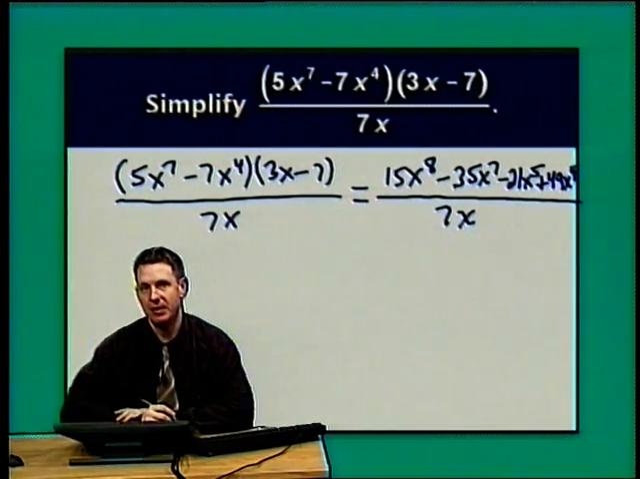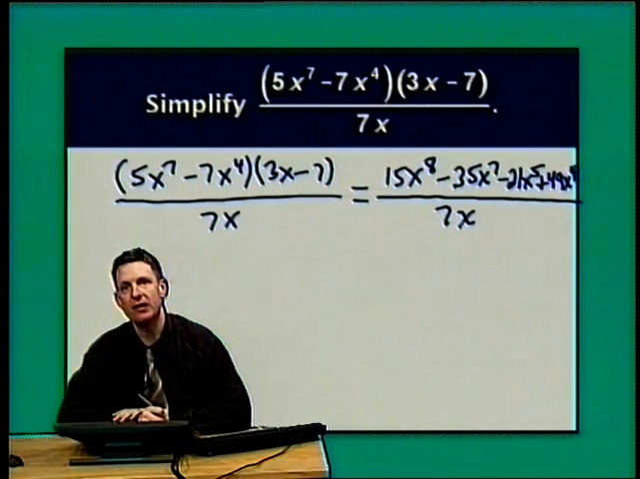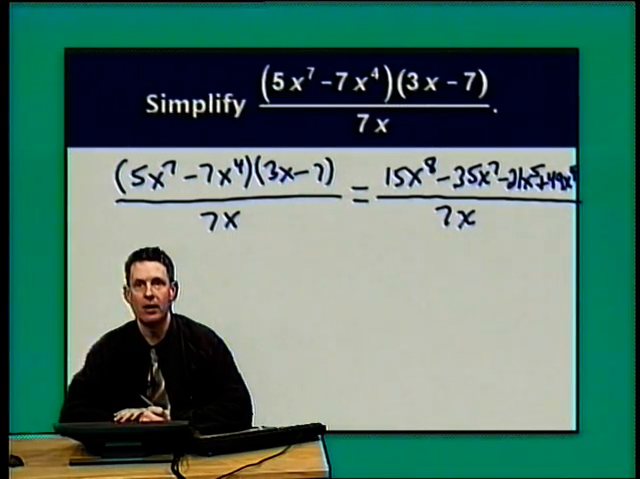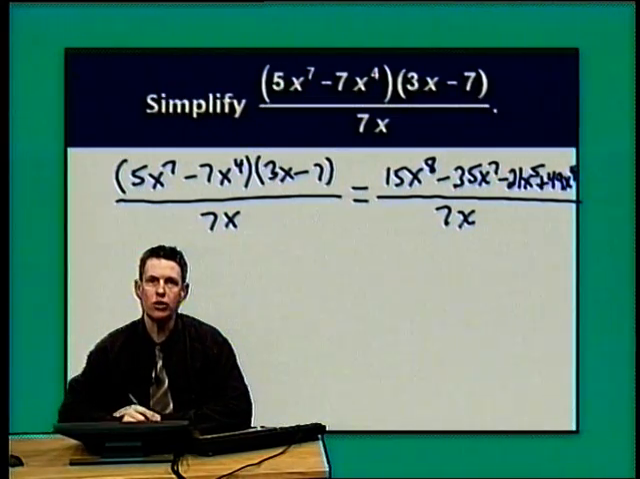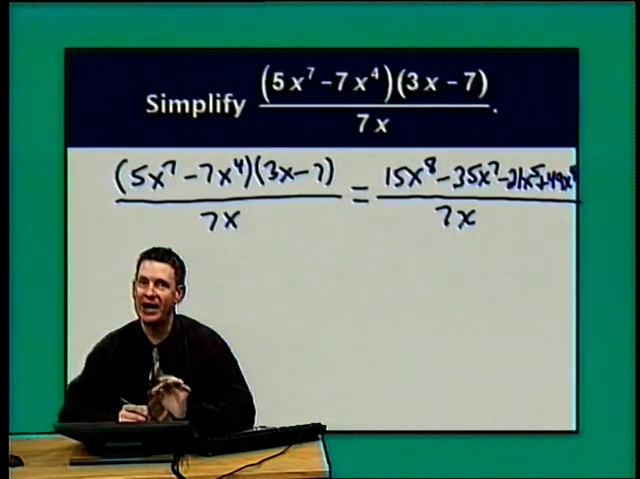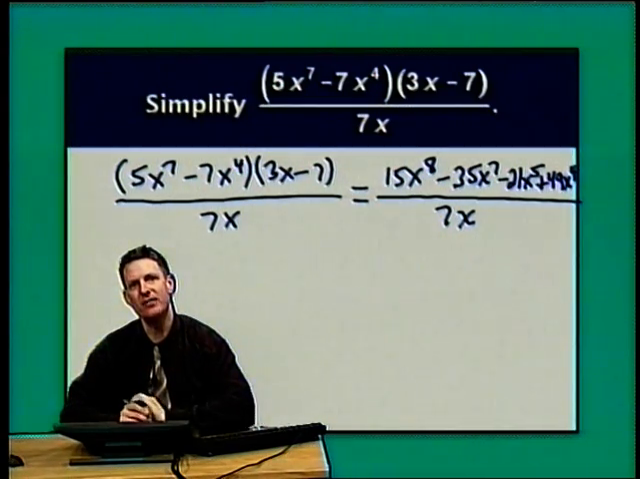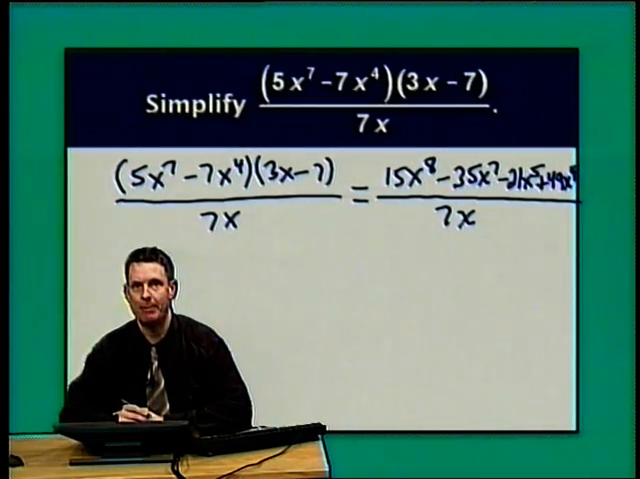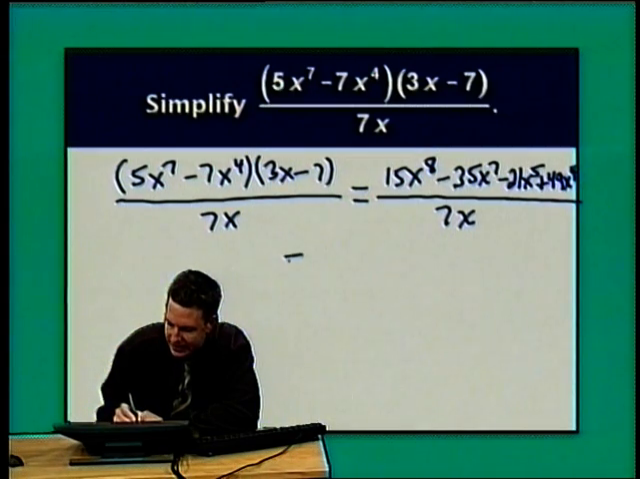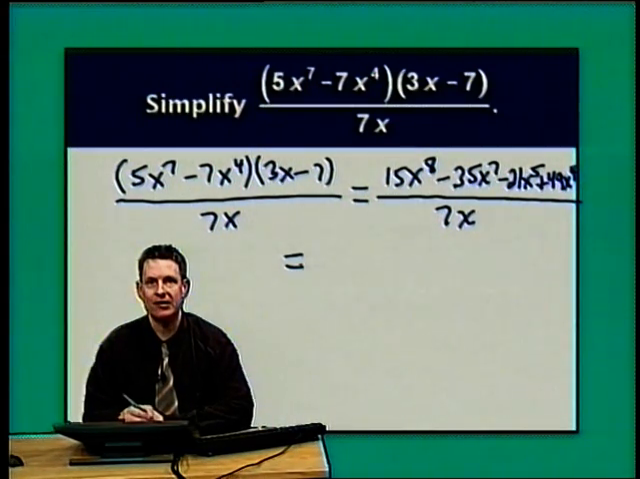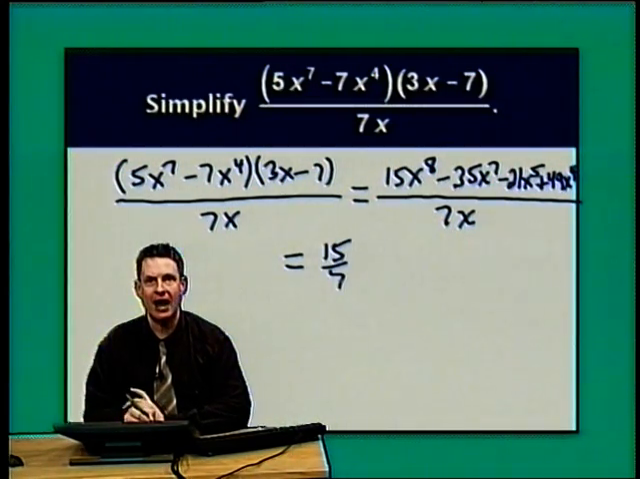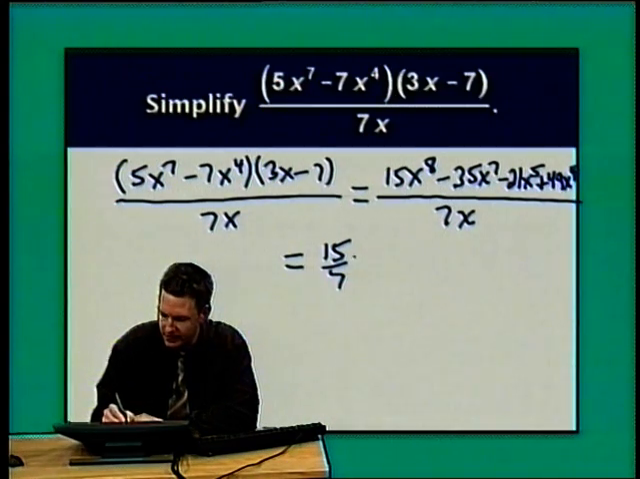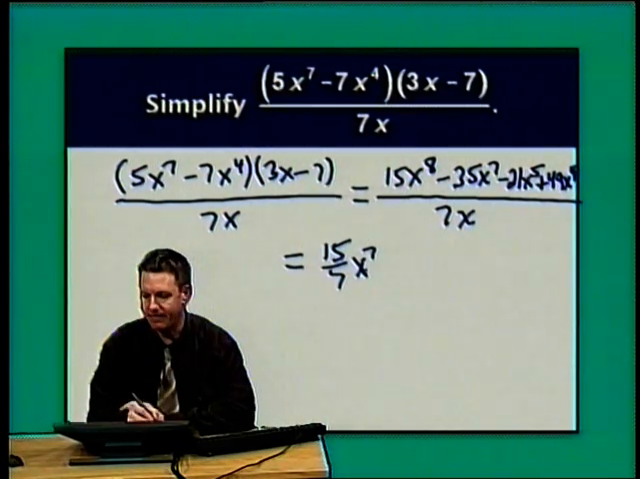Now, the next step in this process is to break it up into the sum and difference of 4 fractions. I'm going to do that step in my head to encourage you, after you've done lots of practice writing out every step, to try and see if you can be successful doing that step in your head. So working that step, I would have 15x to the 8th over 7x. The coefficient would be 15 over 7. In terms of x's, x to the 8th divided by 1 factor of x leaves behind x to the 7th,